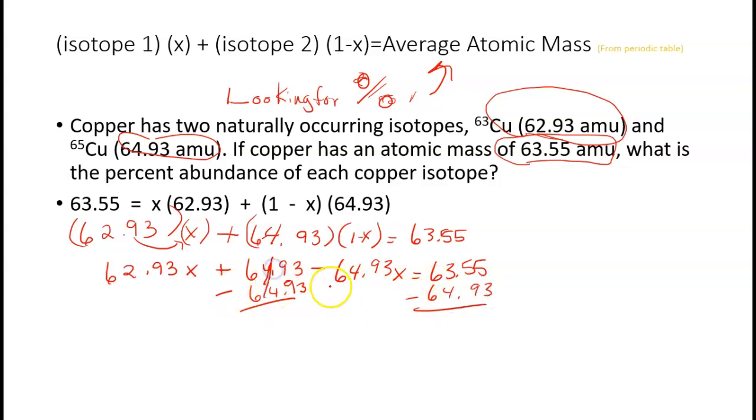And that gets rid of this one. And I'm going to move this one over here. So I'm going to take 64.93x just to get rid of this one and move it all over. So when I do that, I get negative 2x equals